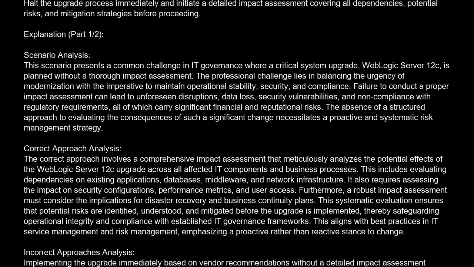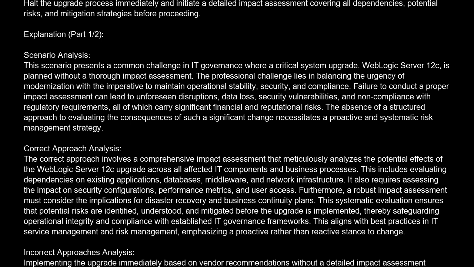The correct answer is A. Halt the upgrade process immediately and initiate a detailed impact assessment covering all dependencies, potential risks, and mitigation strategies before proceeding. Explanation. Scenario analysis. This scenario presents a common challenge in IT governance where a critical system upgrade, WebLogic Server 12c,